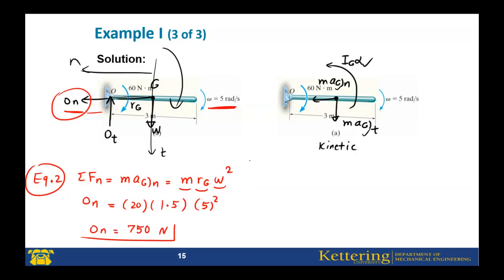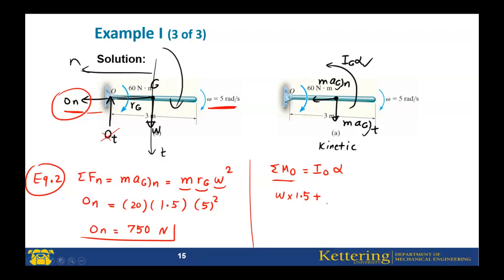Now, third equation, summation of the moment about the O equals IO alpha. On the left-hand side, just the moments of the forces about the O. These two cancel because these are at the O, there are no moments. The only moment we have is the moment of the weight about the O. It is weight multiplied by distance. It is weight multiplied by 1.5 plus,